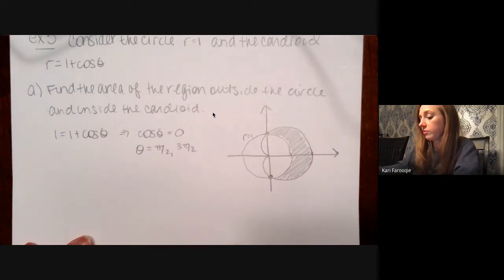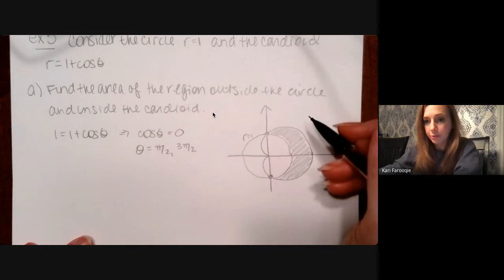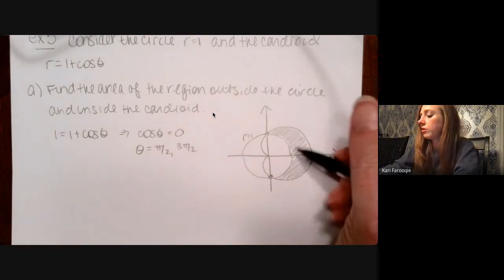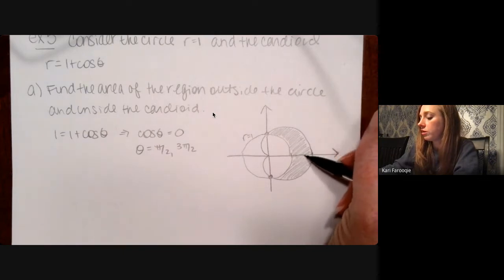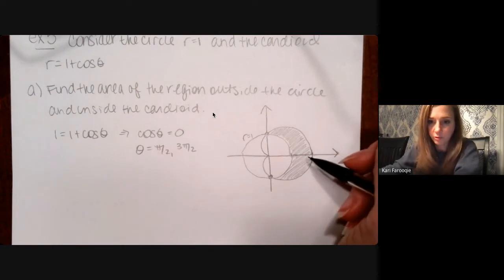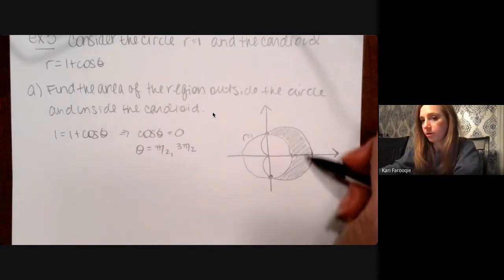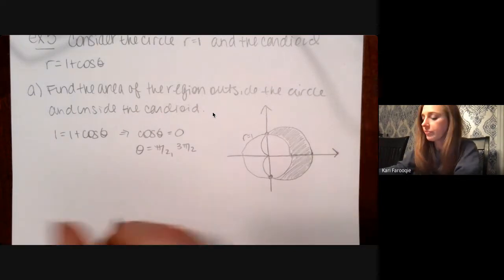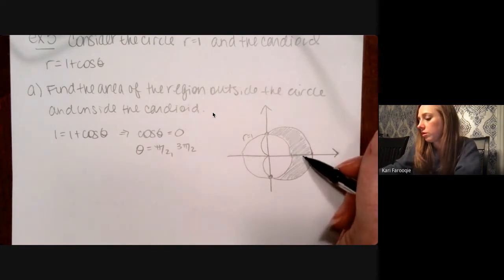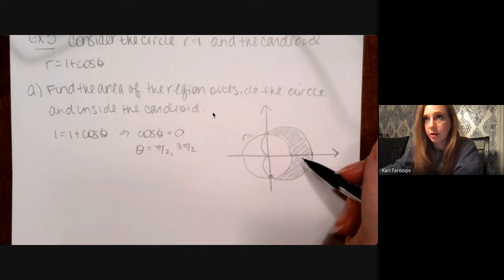If I want to find the area of the shaded region, what I'm going to focus on doing, and you don't have to use symmetry, but I think that's the easiest way of doing this, is I'm first going to find the area of the top half of the region, and then I'll just multiply it by 2 so that we can also get the area of the bottom using symmetry. Now, in order to do that, we need to figure out exactly where we're going to be getting our limits